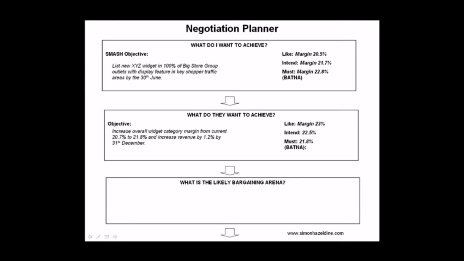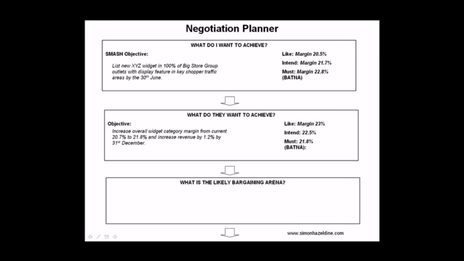And their like, intend and must, we believe we understand their margin position, so they're probably going to be intending to get to 22.5, but their must would be the new rates that they're challenging themselves with. We believe going into the negotiation it's extremely unlikely that they're going to accept anything less than that, and indeed they may wish to go for their like, to even get a huge whopping 23% margin to really make sure